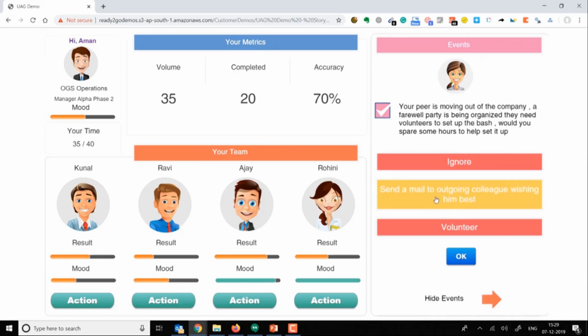Now, all of this that I am doing is going to have an impact, because if I choose to just ignore this email and don't show up at the event, then my peers are going to look at me from that lens. And if I need any help from any of my peers, that becomes difficult to get, because I am not seen by my action as a good comrade.